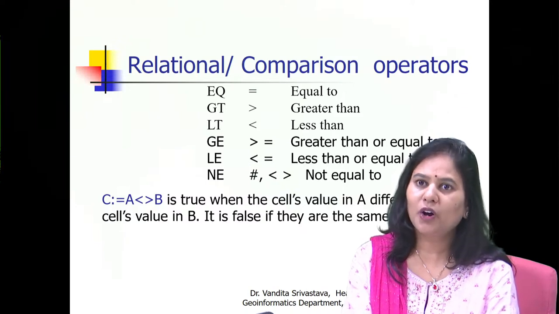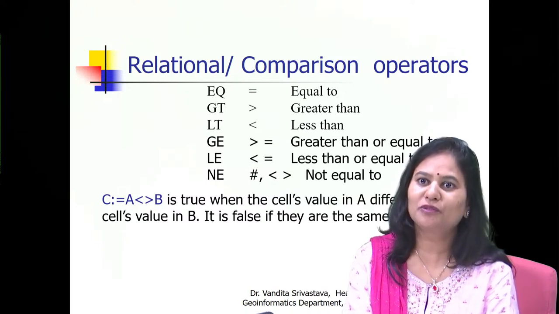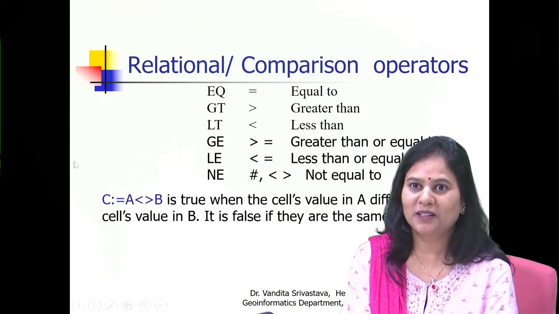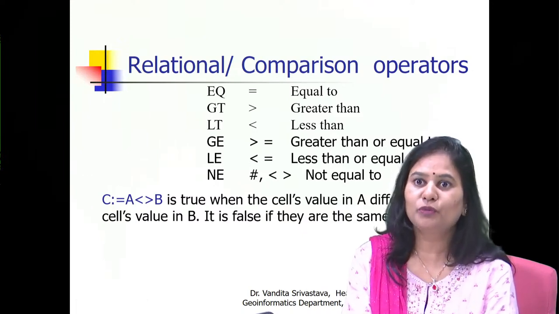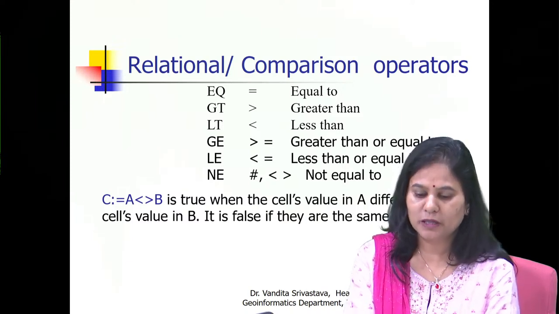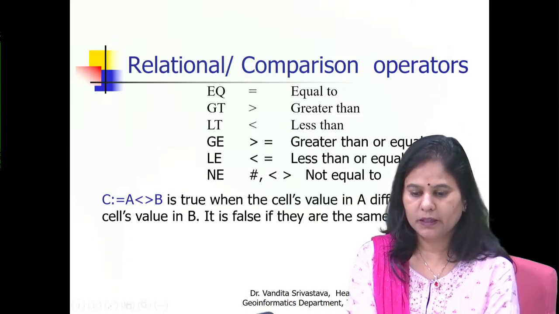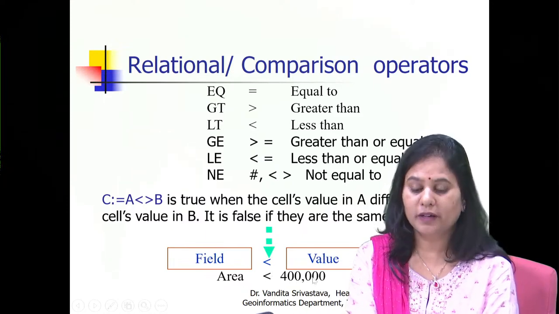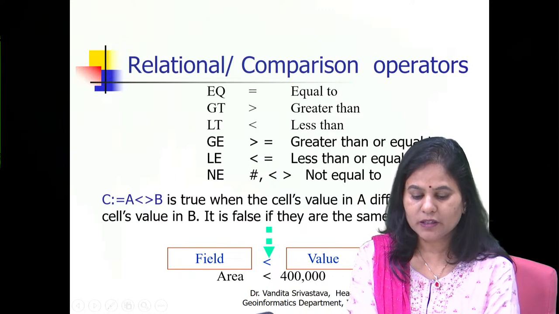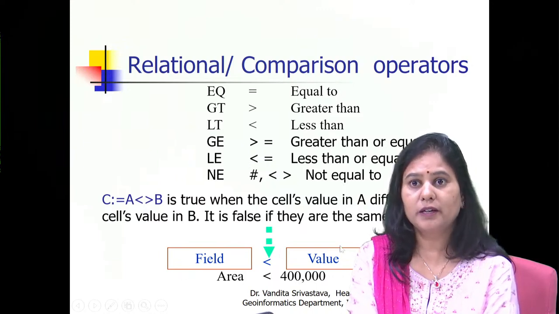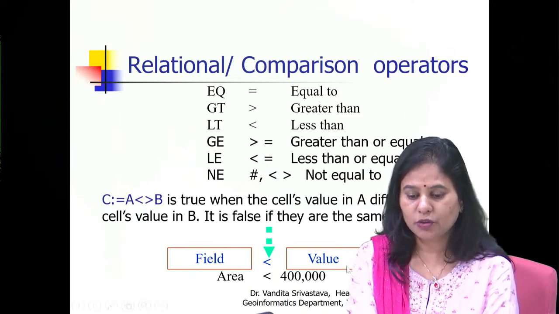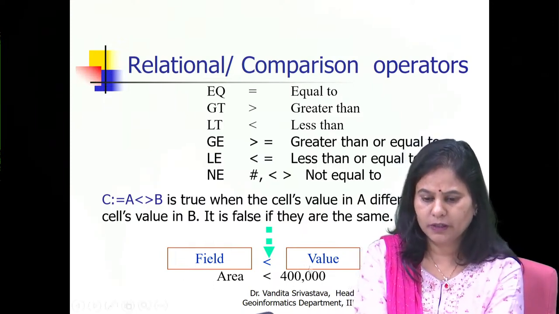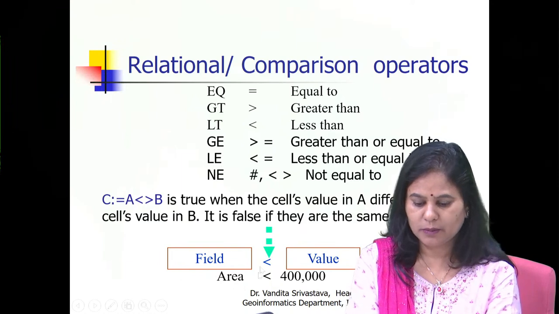So a simple operation of not equal to can reveal so much information. It depends upon how you use these operators. You can bring out a lot of important information out of these simple operations. There are many other operations, like area is less than 400,000. If I run this query, I am going to see all the areas that are smaller than the threshold. Here the threshold is 400,000, but you can have any number, any unit, any symbol here